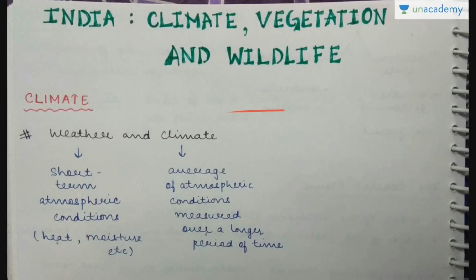But climate is the average of atmospheric conditions, like heat, moisture, etc. When we take the average of these conditions, measured over a longer period of time, say about 20-30 years, we see a pattern that okay, this region has this type of climate. So first of all it's the average, and then it is taken over a longer period of time, then it is climate. If it is for a shorter duration of time, the movement of these conditions, then